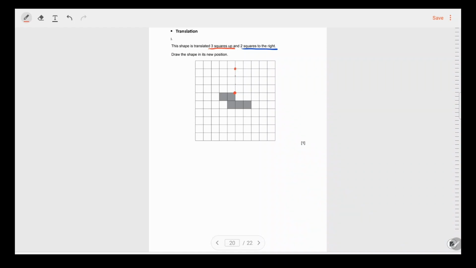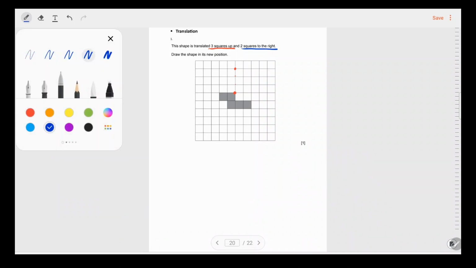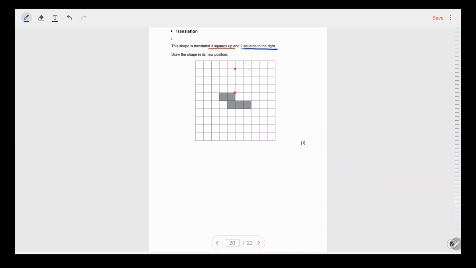So the new point is over here. And then from here, 2 squares to the right means 1, 2. So the final point is over here,